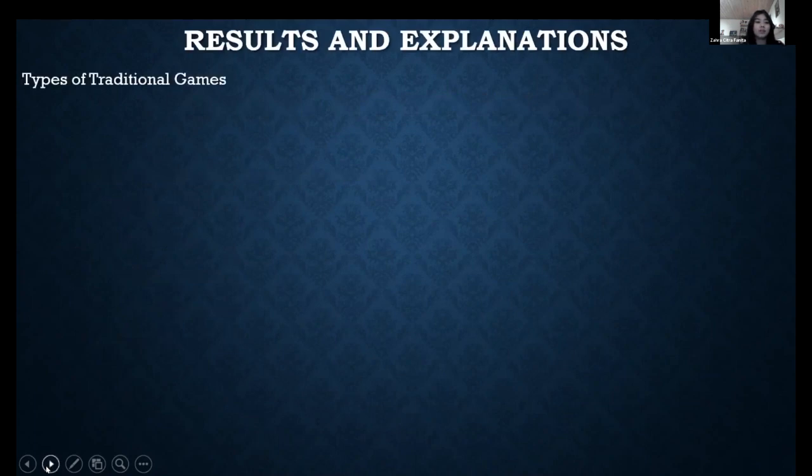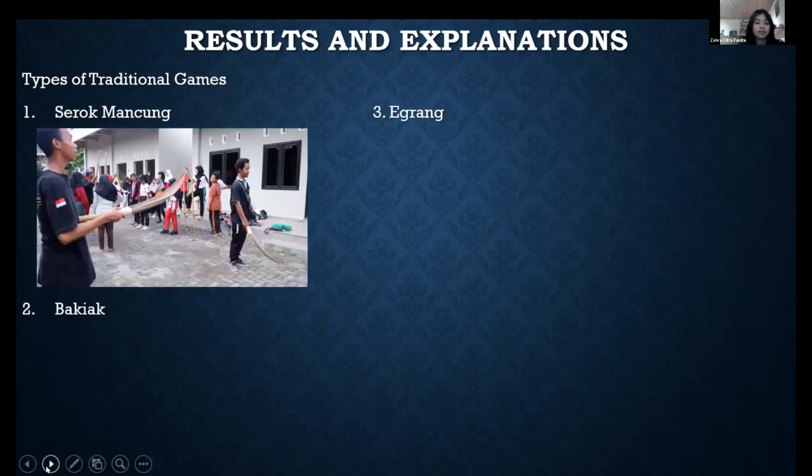And then I'll show you about the types of traditional games in Indonesia, especially in Semarang district. First of all, it's called Serok Mancung. It is a game originally from Semarang Regency, which is made from the sheet of coconut trees. In the regulation that applies, it is played by two teams facing each other, where each team has 5 core players and 3 reserves, and is carried out in an open area or flat field. The planting of character in Serok Mancung includes mutual cooperation and integrity.